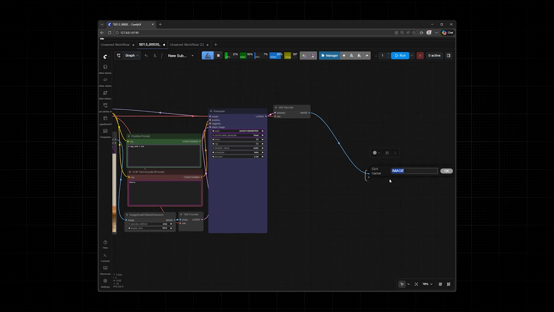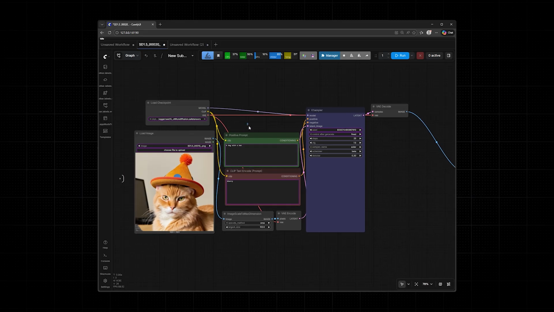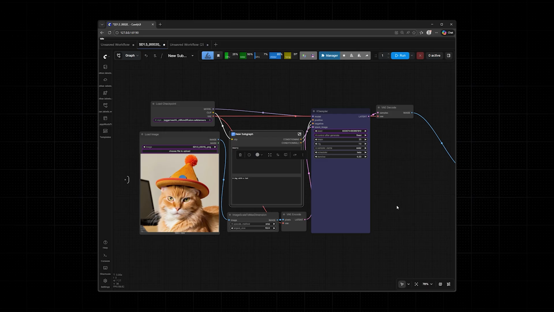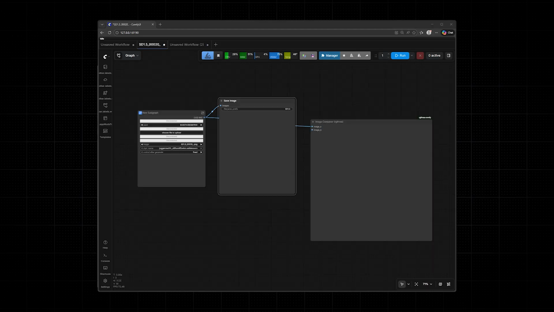Right-click any of those connection slots and rename or delete them. You can also nest subgraphs inside other subgraphs, which lets you build really layered modular workflows. The navigation bar at the top always shows you where you are so you don't get lost. If you ever need to go back to individual nodes, select Unpack Subgraph, and everything inside will expand back